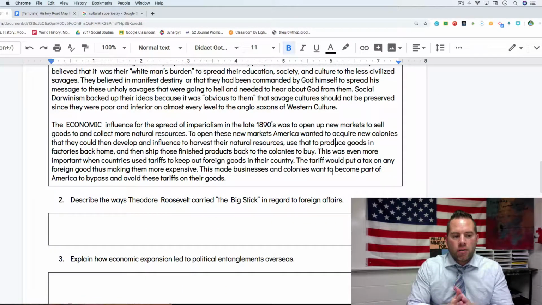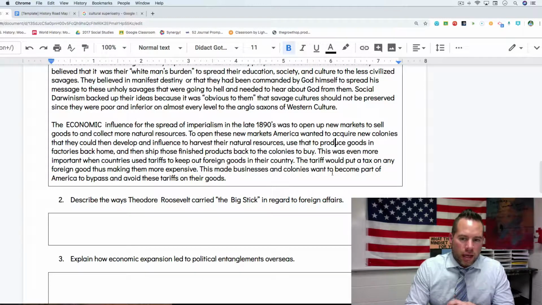The last paragraph, the economic influence, again, making my GEOPERSIA reference, for the spread of imperialism in the late 1890s was to open up new markets to sell goods to and collect more natural resources. To open these new markets, America wanted to acquire new colonies that they could then develop and influence to harvest their natural resources, use that to produce goods in factories back home, and then ship those finished products back to